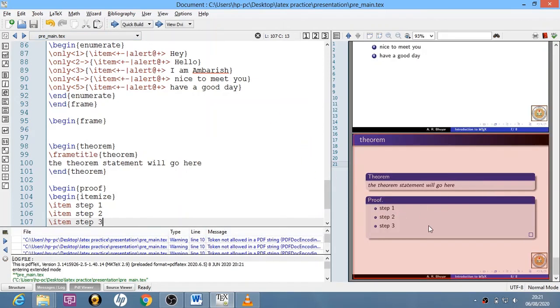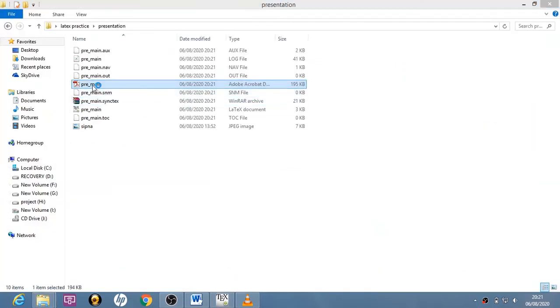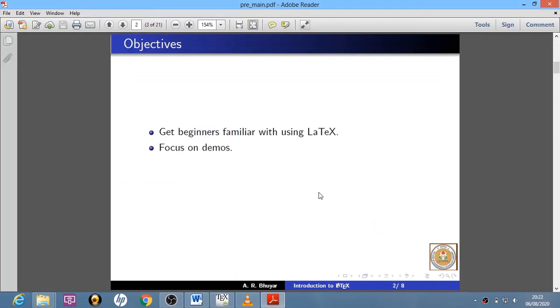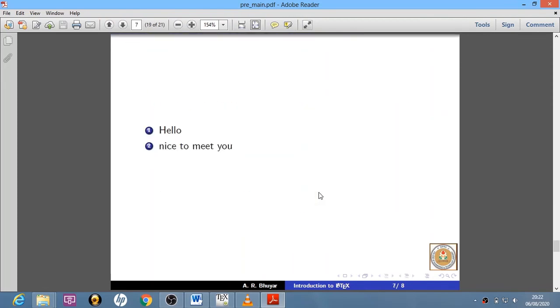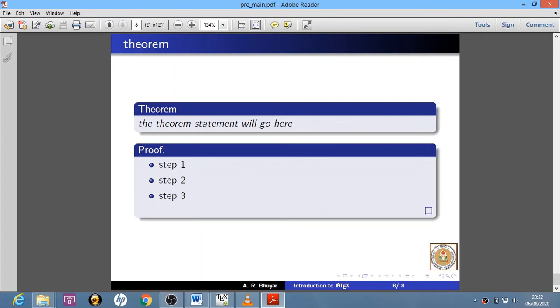So I will get the result this way. Now let us see our PDF document. Okay, this is that particular slide in which I have written theorem and proof.